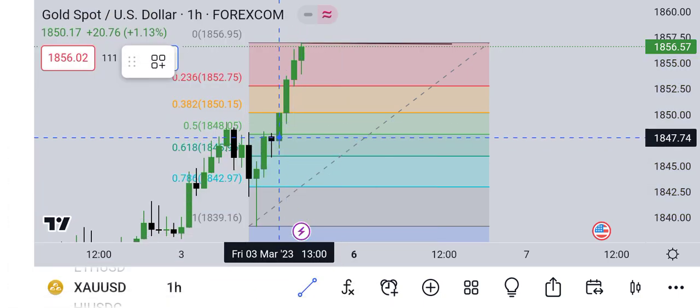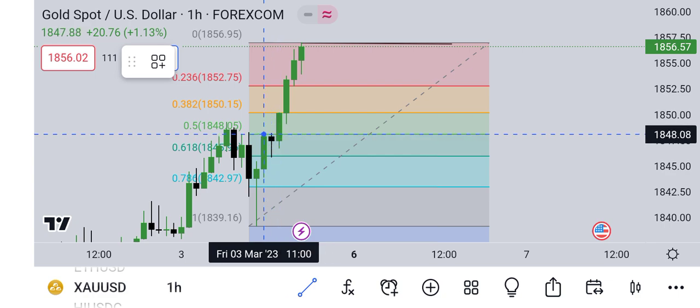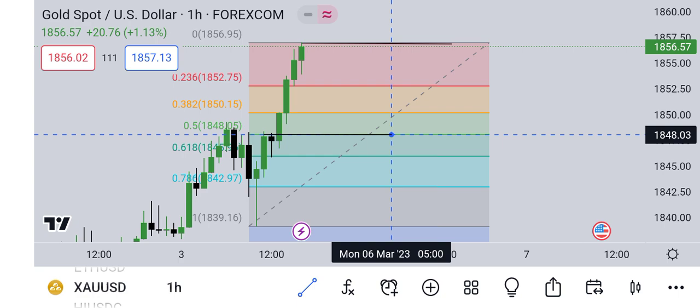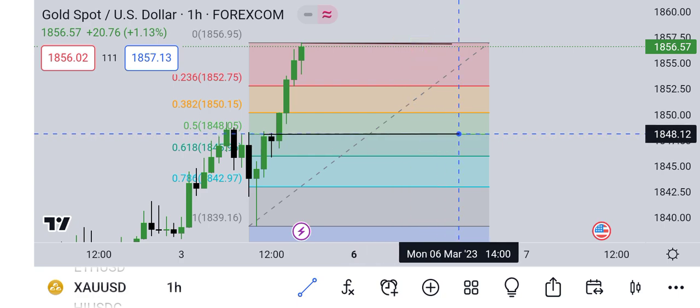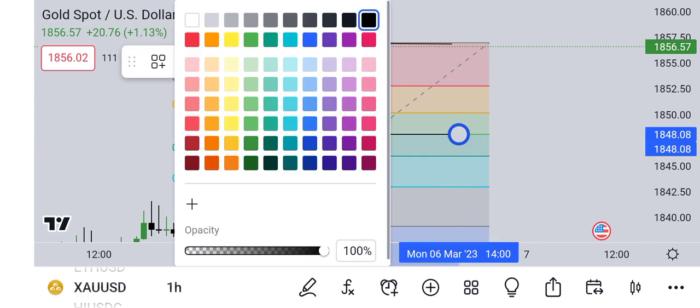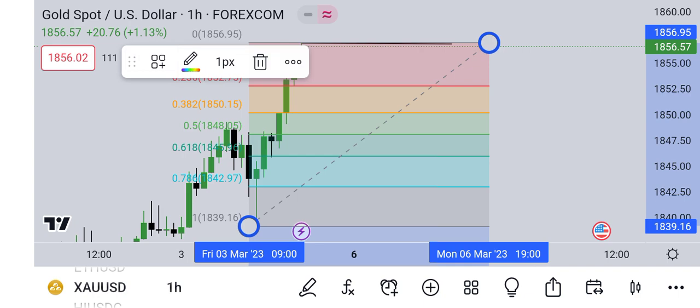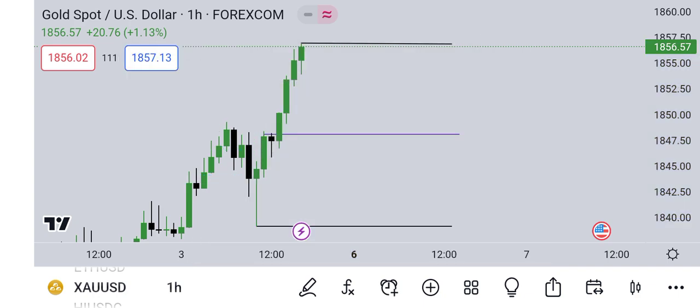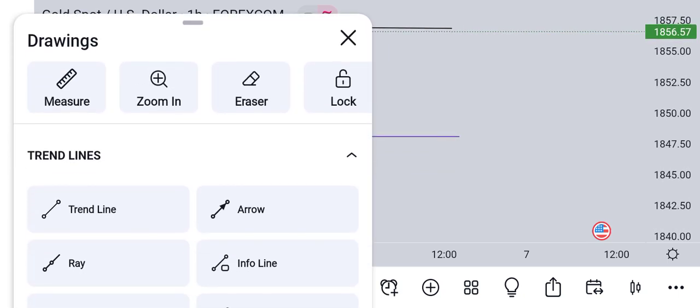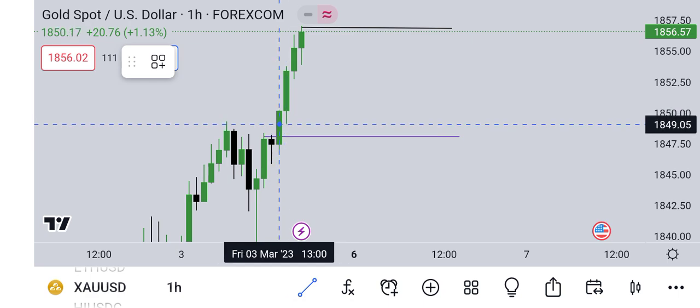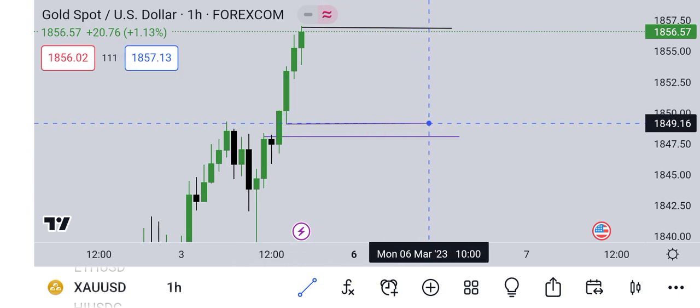50% of the range is clearly here. That's 50%. Let me change the color. Okay, I've done what I want to do with the Fibonacci. Let me delete it. If you observe closely, what are you going to see around that 50% of the range? You can obviously see the black candle, which we expect to support price, but also pay attention to this.